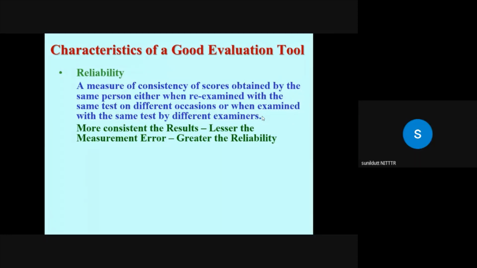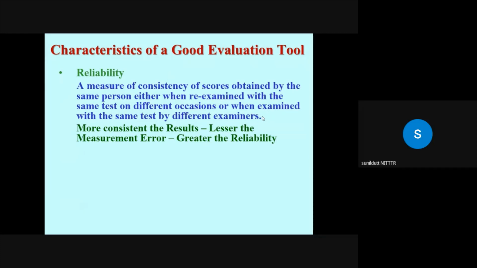Another point is that an estimate of reliability always refers to a particular type of consistency. Test scores are not reliable in general. They are reliable over different periods of time, मैंने आपको example दिया. They are reliable over different samples of questions. They are reliable over different raters. So for different interpretations, we need different analyses of consistency. So treating reliability as a general characteristic can only lead to wrong interpretations.